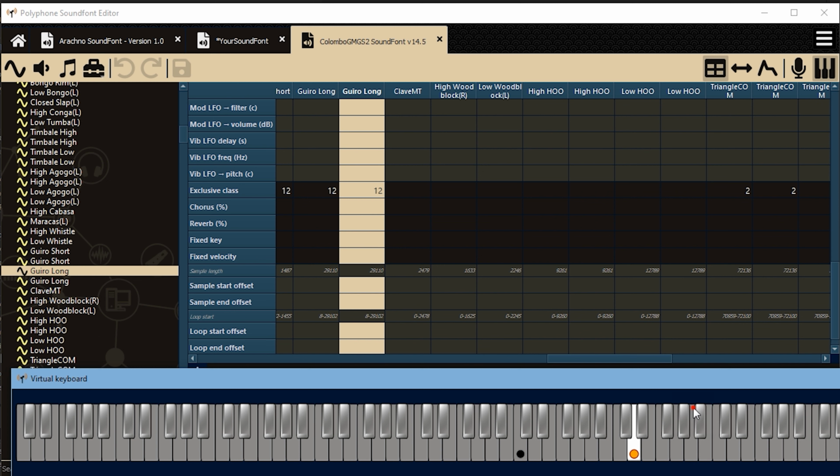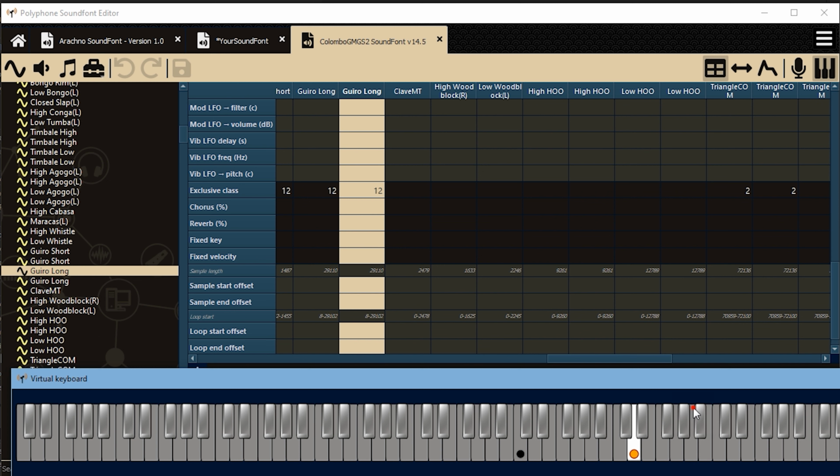Next, we can tweak the strength of chorus and reverb. I don't usually exceed 50% unless it's a sound effect or a percussion that really needs it. With fixed key, you can kind of improvise what Matthias Kranz has done to one of his pianos. This basically tunes the selected samples to a key, but unlike root key, this will tune the whole key range of a given sample to one note.